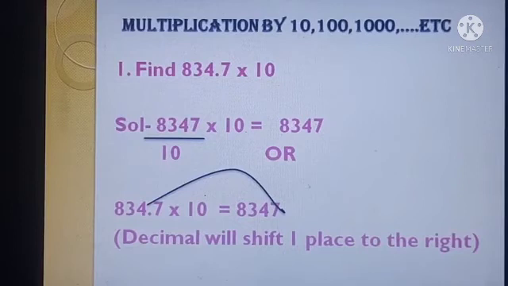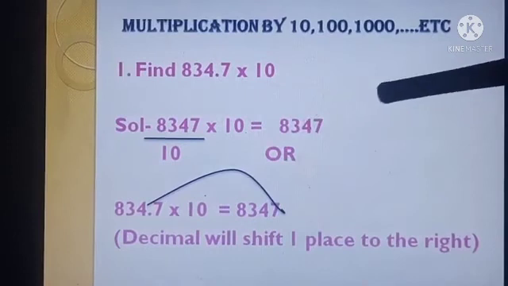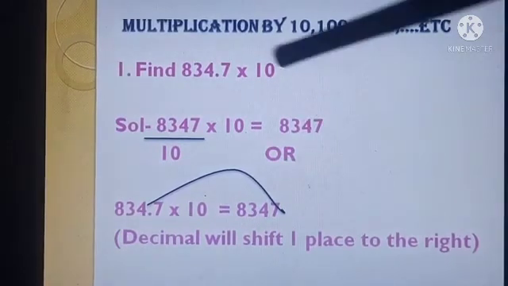Now we will do multiplication by 10, 100, 1000 and division by 10, 100, 1000. See how we are going to do this orally. And yesterday also we did it with multiplication in the written way. Now I'm going to explain both the oral and written ways. Whatever is easy you can follow.